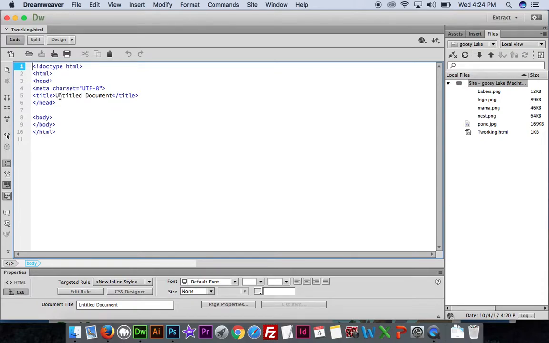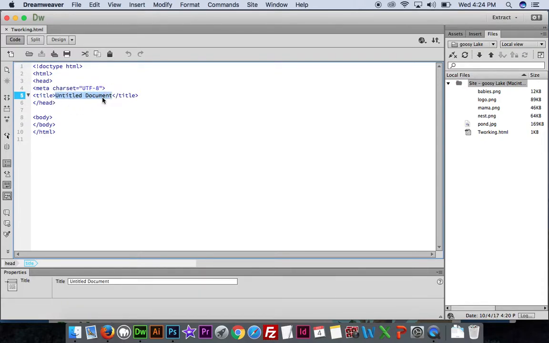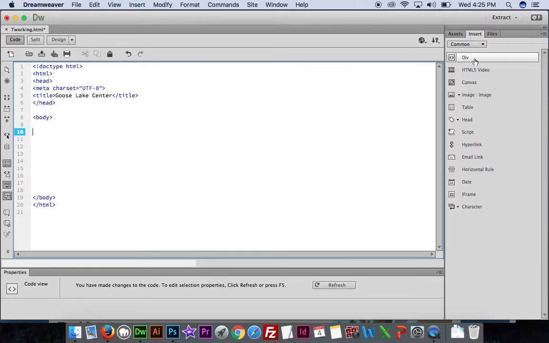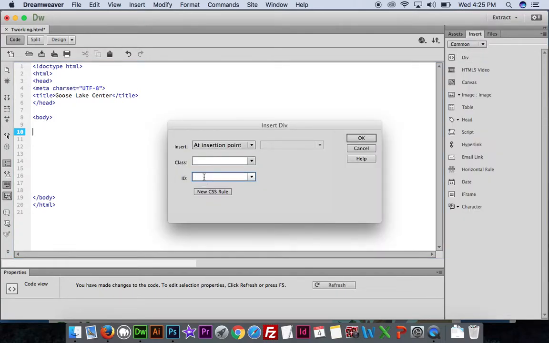There it is. And probably the first thing I'm going to do is put, I don't know, Goose Lake Center. Okay, that makes sense. Now the first thing I want to do is a div. A wrapper div. We're going to say wrapper instead of container because when it comes to responsive design and accelerated mobile pages, it works better than container. A lot of times people will call other things containers. So I'm going to go to Insert, Div. I'm going to do wrapper,